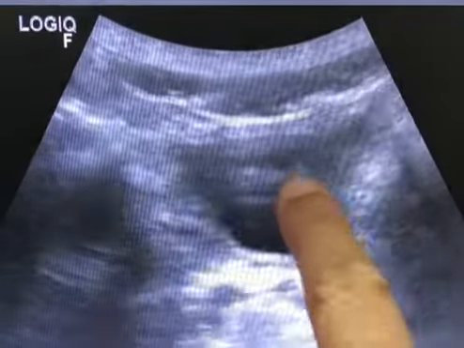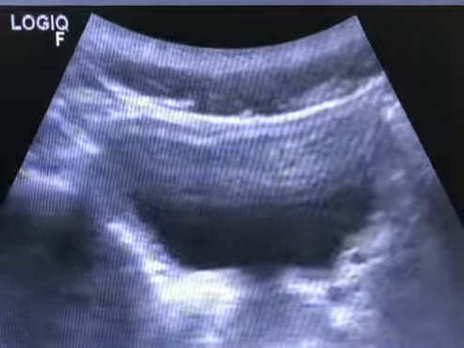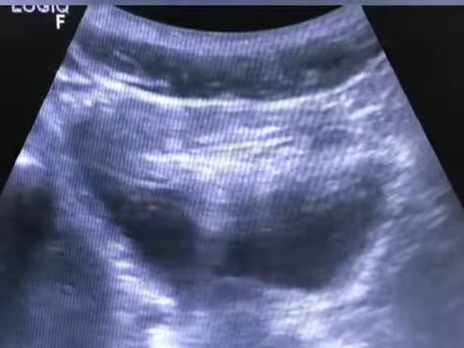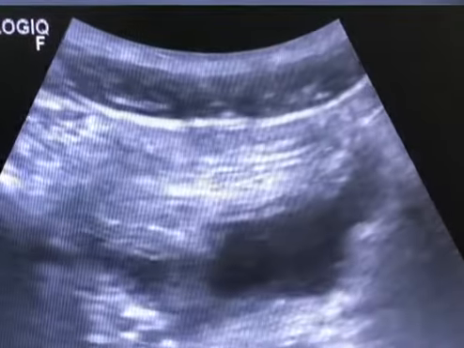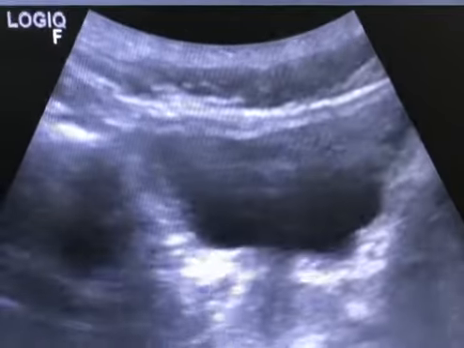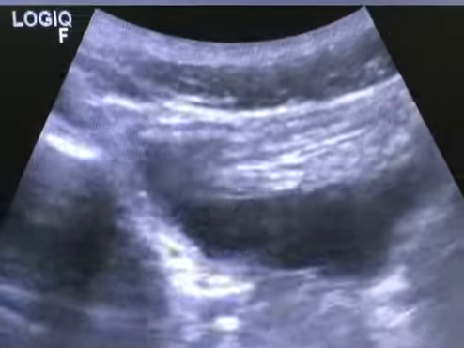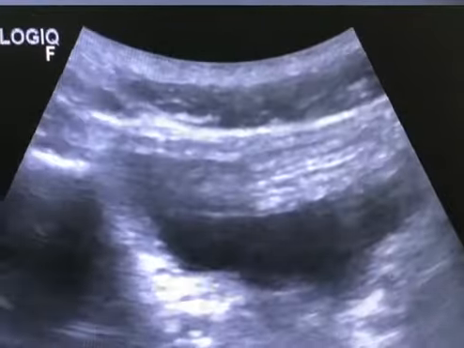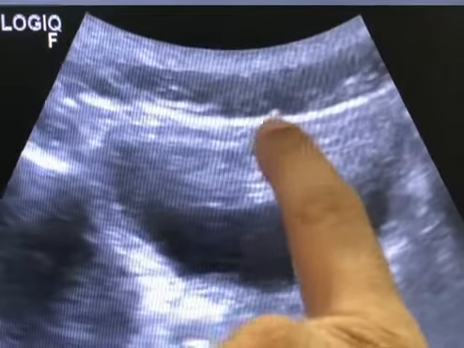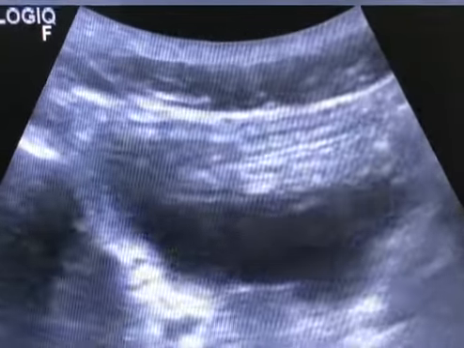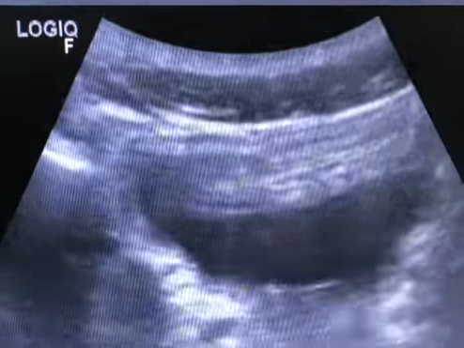And the special feature is that there is one more protocol that we have to do in every patient of cystitis. This is also something we are missing many times, because we are not following this protocol. Whenever you scan the bladder, look at the superficial part of the wall for a tubular structure.